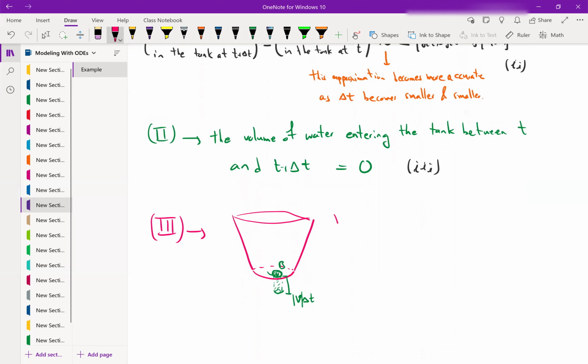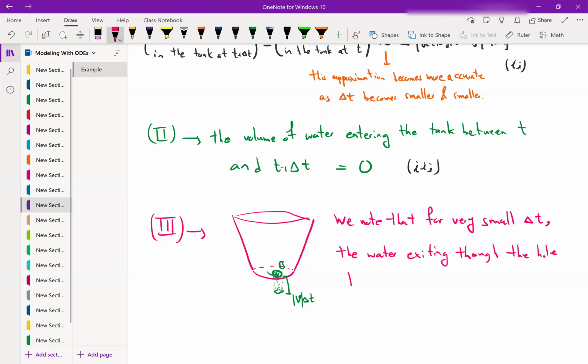We note that for very small delta t, and again, remember that ultimately we're going to take the limit as delta t goes to 0, the water exiting through the hole between